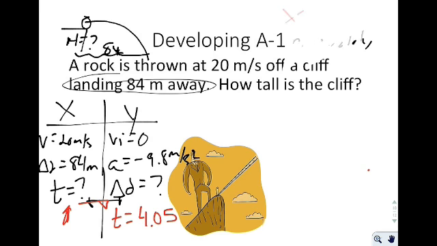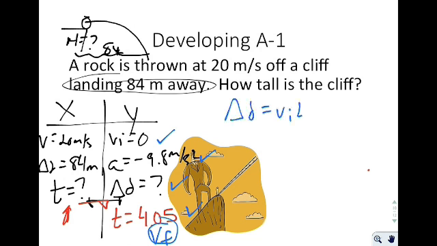Because remember, what I was interested in was the height of this particular thing. Now I'm going to go ahead and do it in blue just so I can specify that it's no longer the horizontal direction, but the vertical direction. And I would say I have the initial velocity, I have the acceleration, I'm looking for the displacement, I have the time. The only thing that I don't have or care about is the final velocity. So I would choose the equation that doesn't have final velocity in it, and that's delta d equals v_i t plus